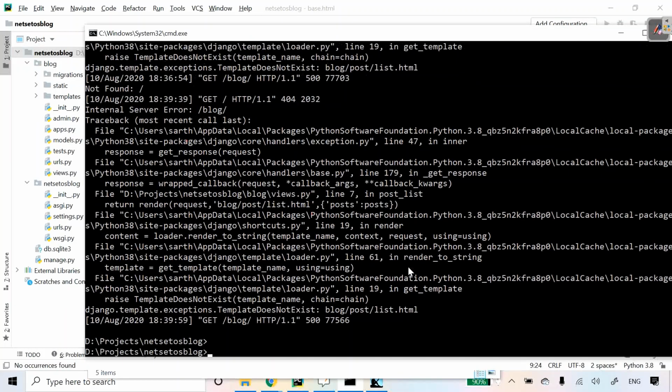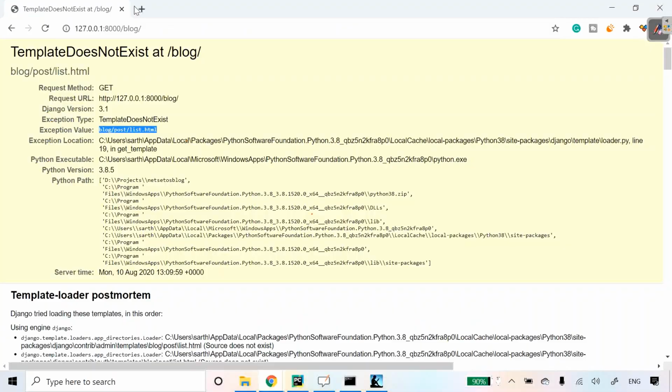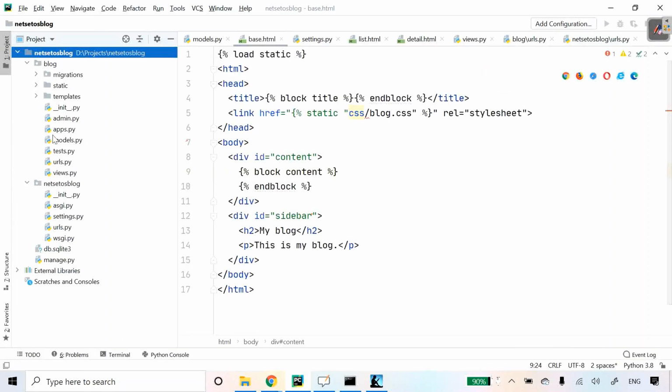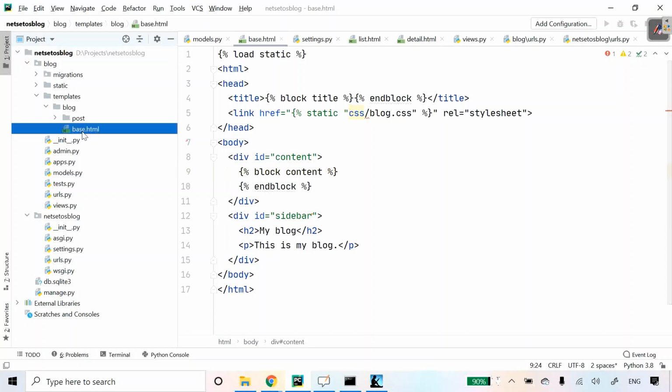Let's find it out again. Run the server, refresh the page. Yes, here we got the site which we were going for. Although we solved a major mistake, templates should always be inside blog folder. Make sure you don't make this kind of mistake.